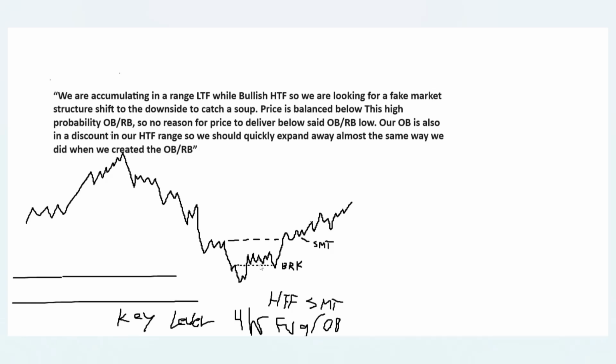We accumulate in a range, low time frame while high time frame bullish, we look for price to sweep the low, and we see here, as we said in our previous, if we have a breaker and an open fair value gap below, we look for the breaker. It delivers to the breaker, leaves the fair value gap unfilled below, and we see we have a BPR to